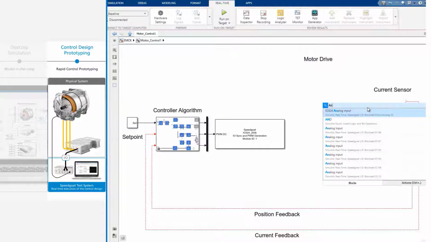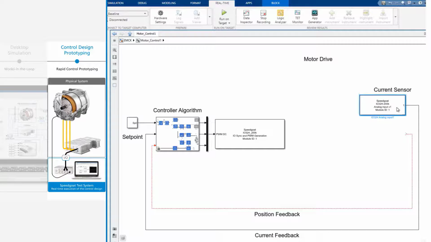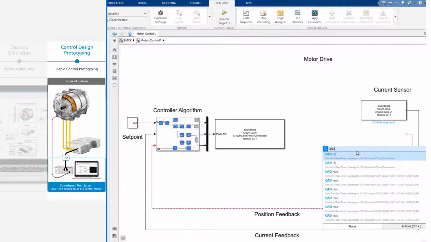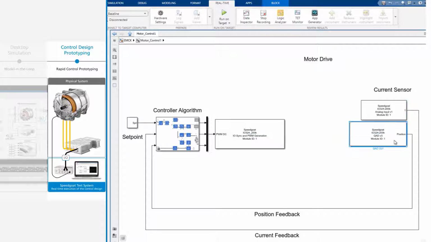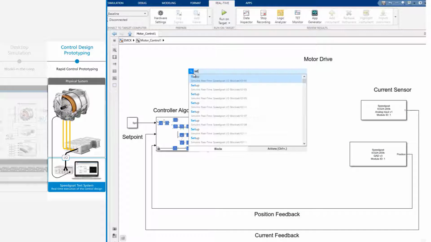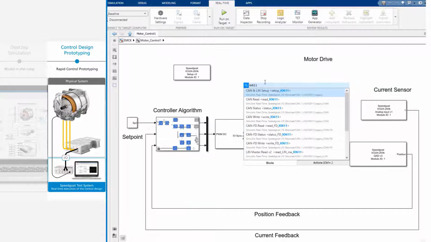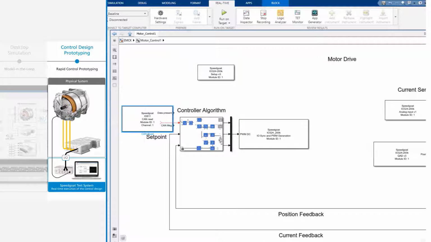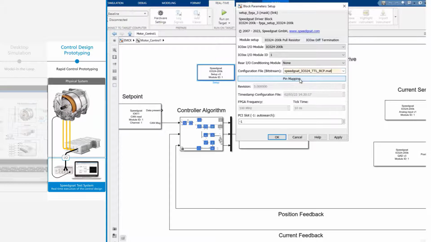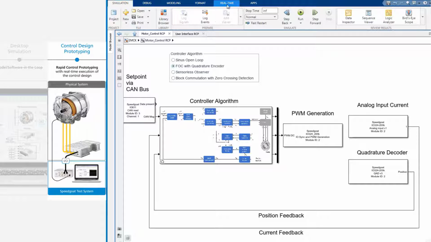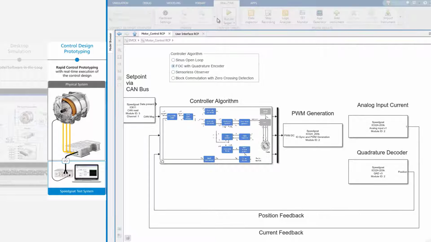Simulink blocks represent the hardware and all its I/O. Placing them in your model and configuring them is straightforward. If you need to change your controller I/O, you can simply do this from Simulink without swapping physical hardware. Experiment without the constraint of an embedded microcontroller.